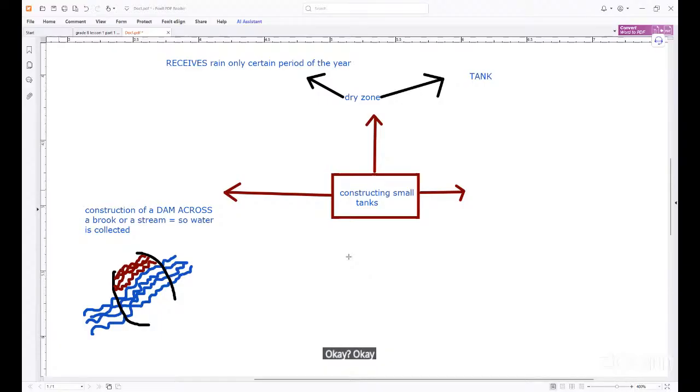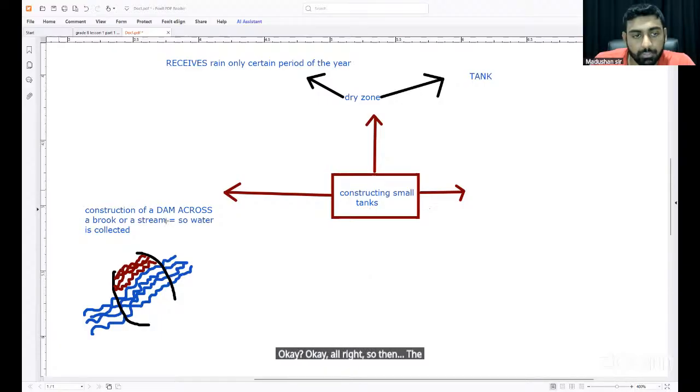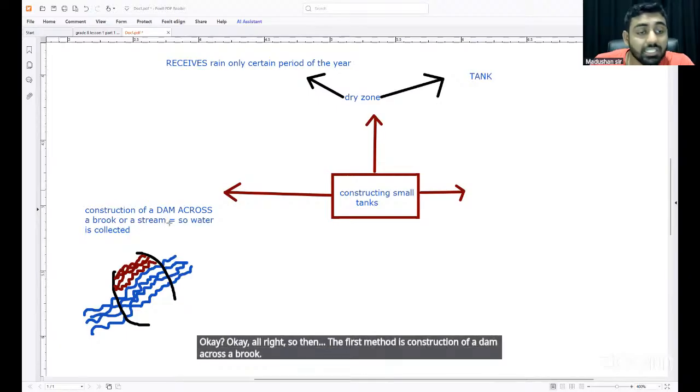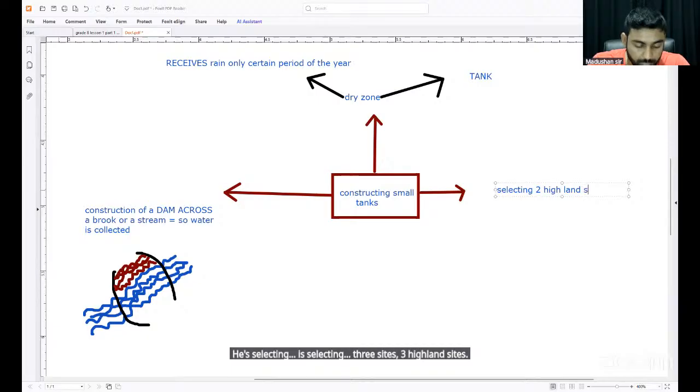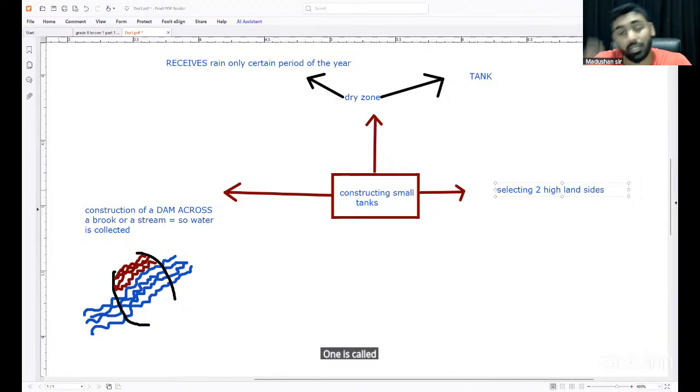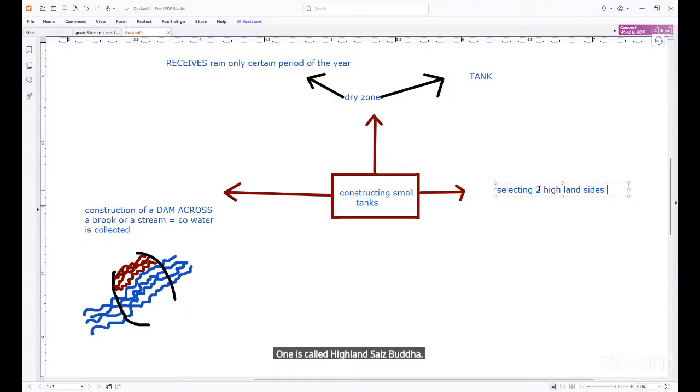Okay. All right. So then the first method is construction of a dam across a brook or a stream so water is collected in Putala. The second method is selecting three highland sites. What is called highland sites, Puta? Mountain areas. Mountain areas. It's three high side areas